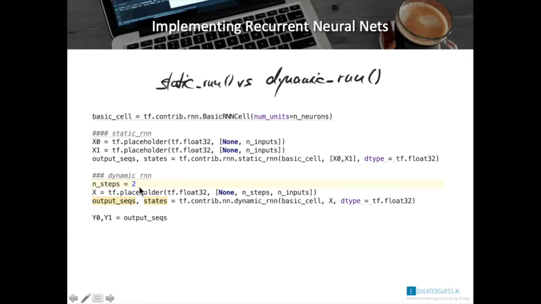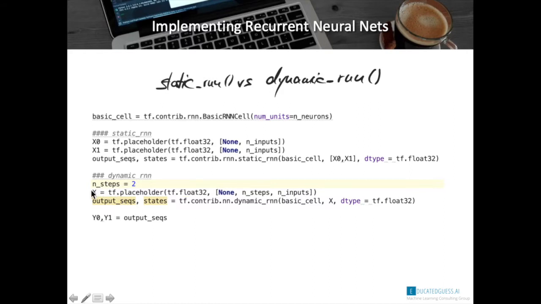In our example so far, we've been working with 2 steps, time 0, time 1. So actually we define this as an array. Again, we do not know how many examples per step we will have, but we define the number of steps,